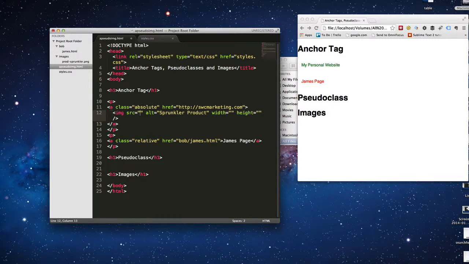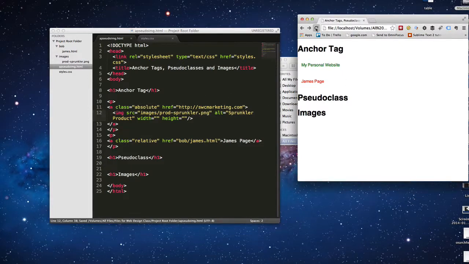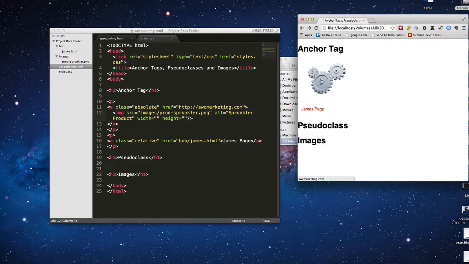So I'm actually going to use the same hierarchy thing that I did. I have to go into the folder of images because I'm on the pseudo link, which is on the first level of the root folder. So then I'm going to say go inside the images folder, do a slash and then put the product name here, product-spelunker.png. So there's the image. I save it, I refresh. Now this automatically shows up,